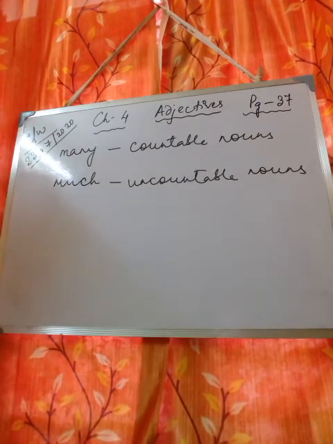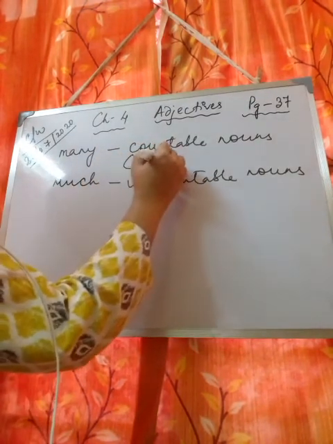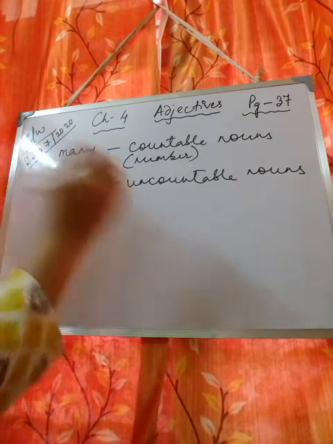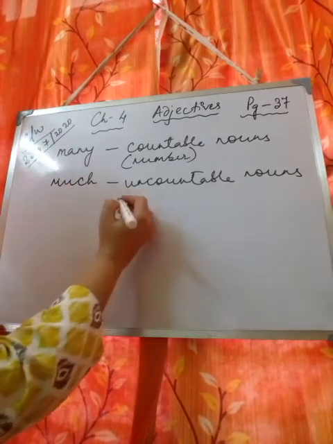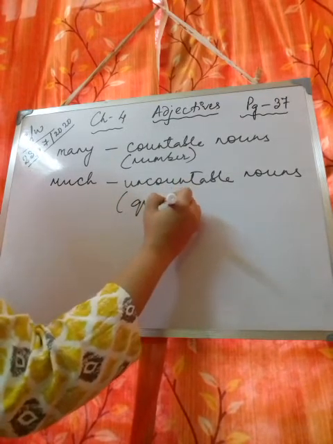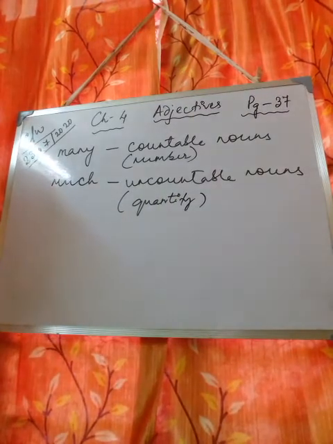Many is used for countable nouns. That means it refers to the number of the noun, and much is used for uncountable nouns. It is used to imply the quantity of the noun. Fine. For example,